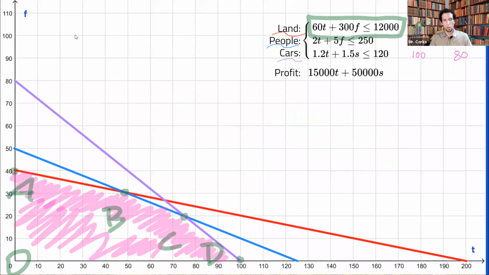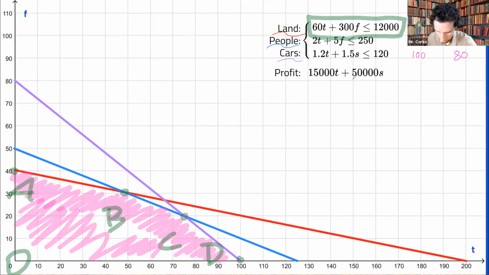Okay, so we have our 4 corners here, A, B, C, D. One of those 4 will be the solution to this, the highest profit. So we have our profits equation here, 15,000 T plus 50,000 S. And we need to